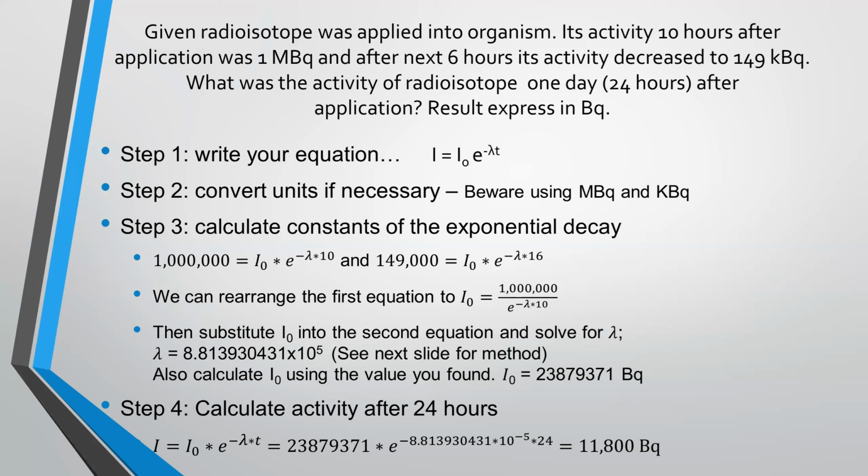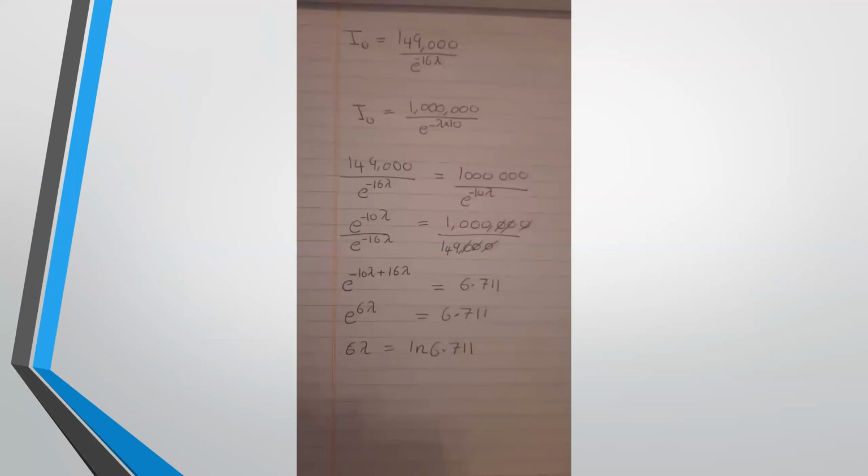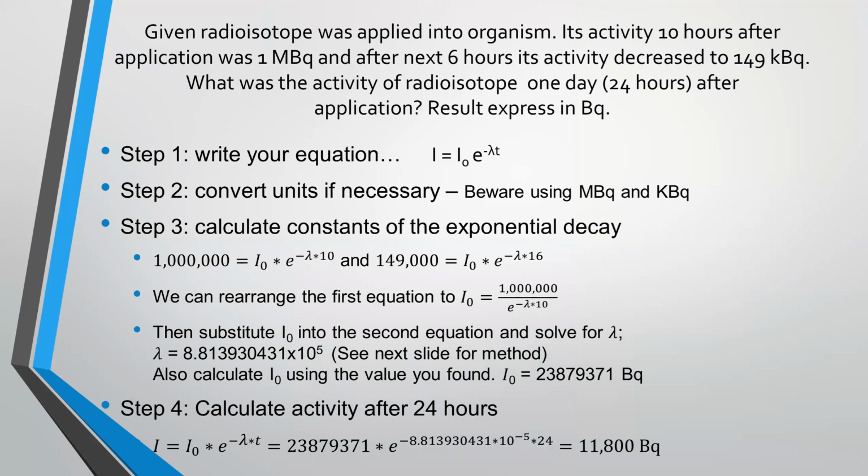And from that initial activity, now the examiner can give you any time. The examiner can give you 40 hours, he or she can give you 5 hours, 10 hours, 11, 12, 13, 14, anything. You just have to know where to use that. And here where we use 24, you can use 5, you can use 3, and then you find the answer for the activity. So this is how we did the steps for calculating gamma.